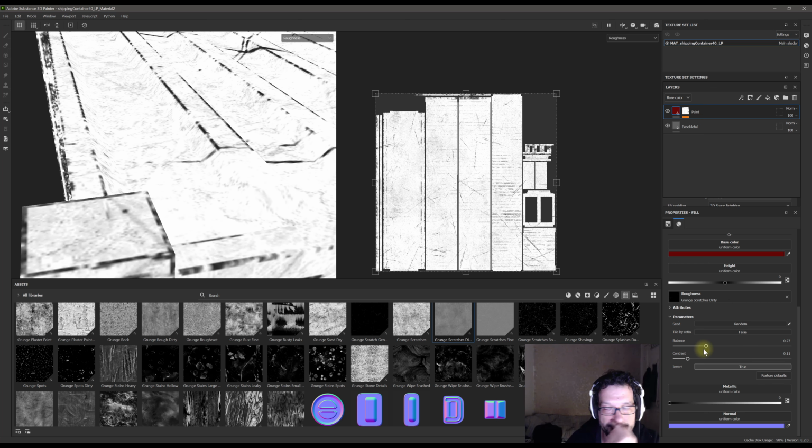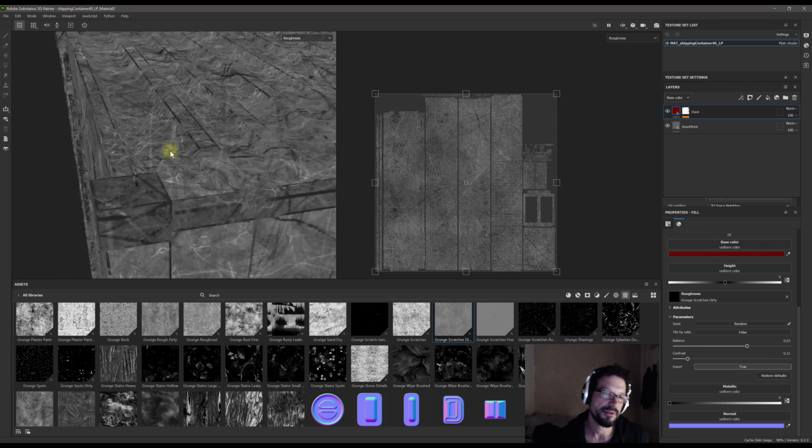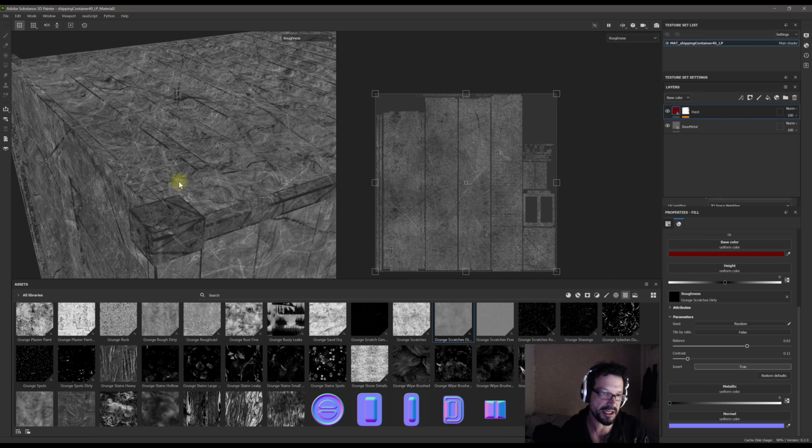Okay, see, this makes more sense. When roughness is closer to black, the surface is glossier. So they have an inverse correlation. The shininess of the surface is in inverse correlation with the roughness of the surface, obviously. So that's what we are trying to achieve here, and we don't want to